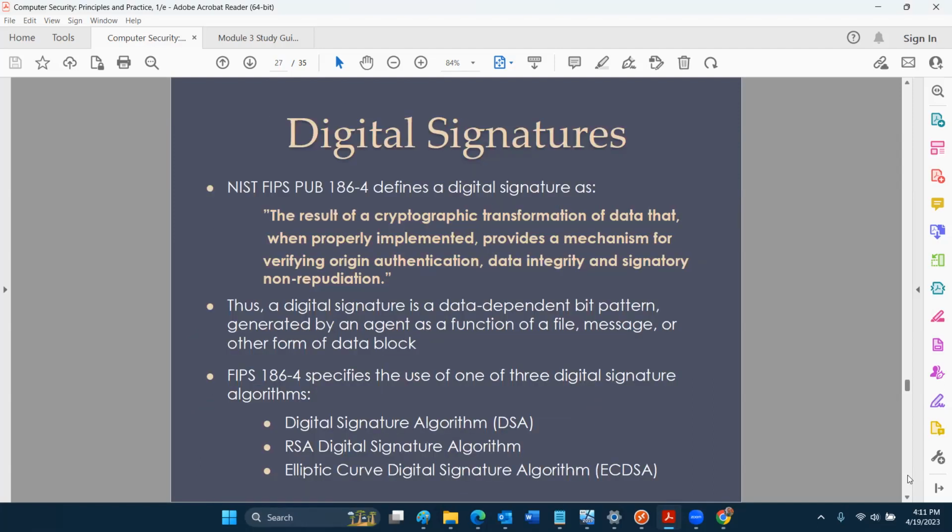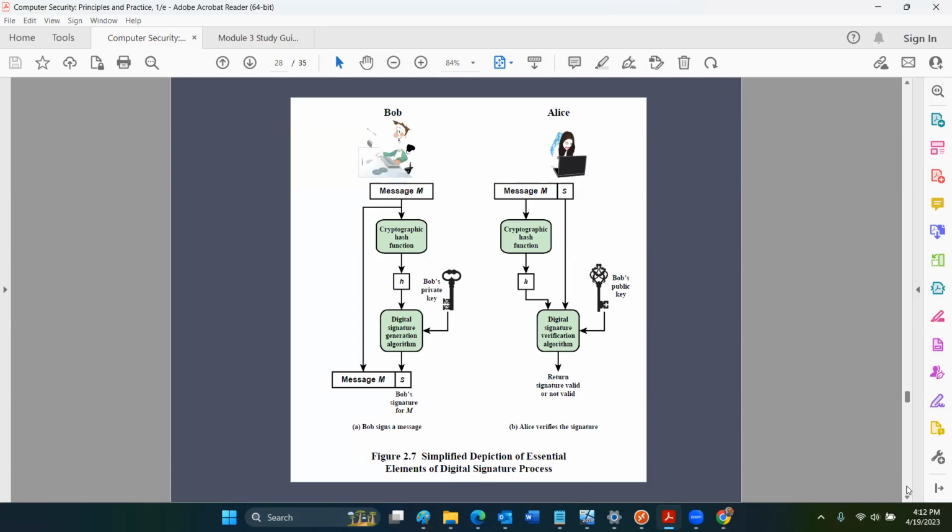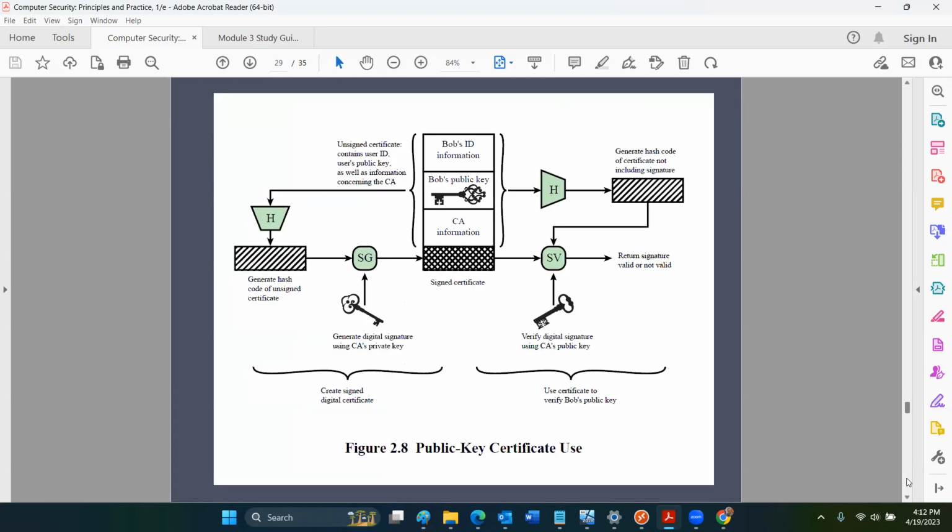You can use public-private key pairs to sign things digitally, and that's convenient because you can put out your public key. You can just attach a certificate to your email and there's your public key. That's how it's delivered, right? This is a diagram of the same thing we walked through on the screen that I just explained, and more diagrams about how